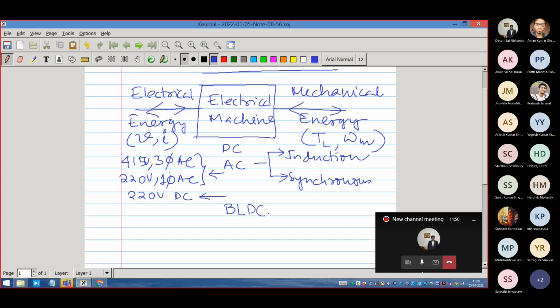BLDC is one of them. It is called brushless DC machine. Though its name is brushless DC machine, since it is brushless, it is more closely an AC machine. Okay, so